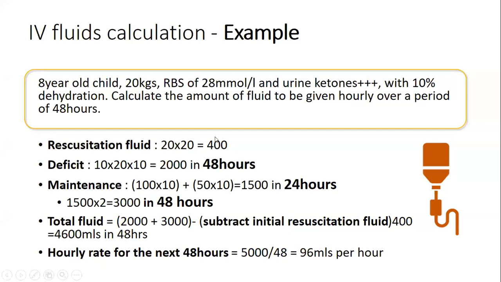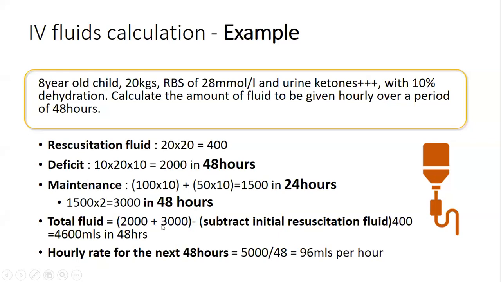That was given over the first 20-30 minutes. And the deficit over 48 hours is 10 times 20 times 10. I hope that is clear, 2,000. And then maintenance fluid, just for 24 hours will be 1,500, but for 48 hours will be 3,000. So the total fluid will be 2,000 plus 3,000,